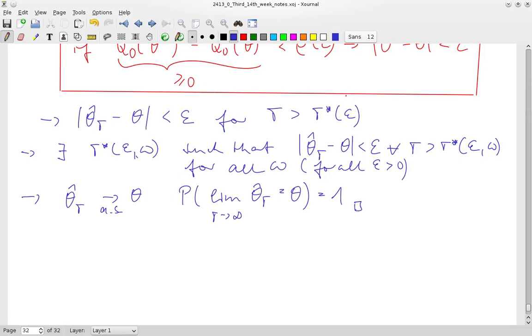That completes essentially the proof. No, this almost sure convergence, uniformly, of the Qt function to the limit function is what is needed to establish almost sure convergence of our estimator to the true parameter value. Okay, it's a strict consistency